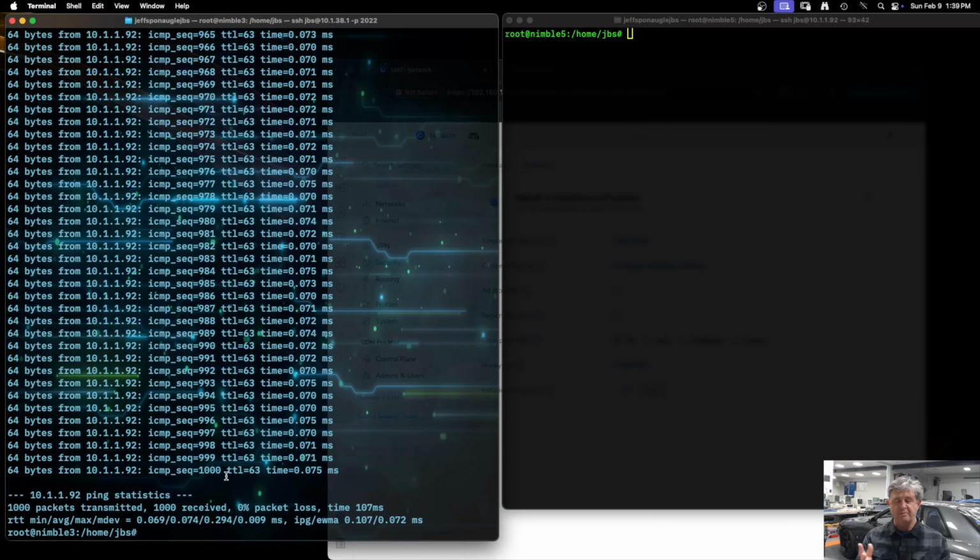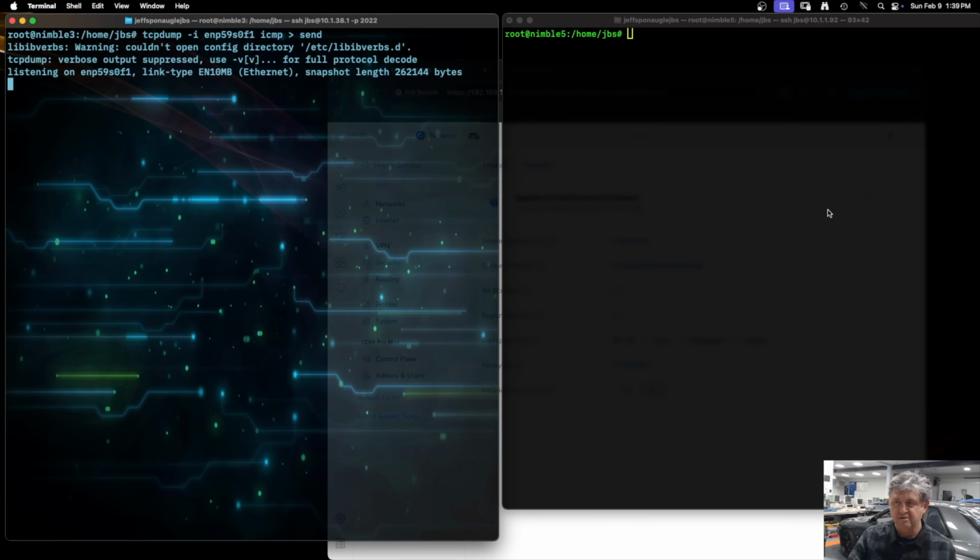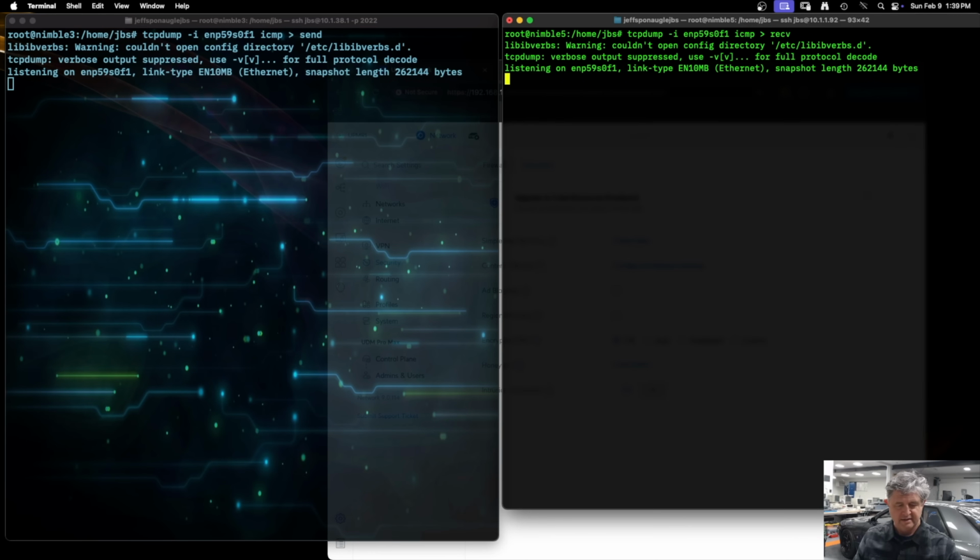So now the question is, how can we do this actual measurement of individual latency as opposed to just this round trip? And so we're going to go to a different window here. And we're going to start by capturing with tcpdump on this interface, just ICMP. We're going to save that to a file called send. And over here, we're going to do it to a file called receive. We're going to go back here,